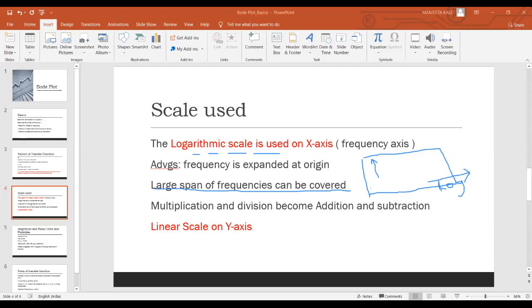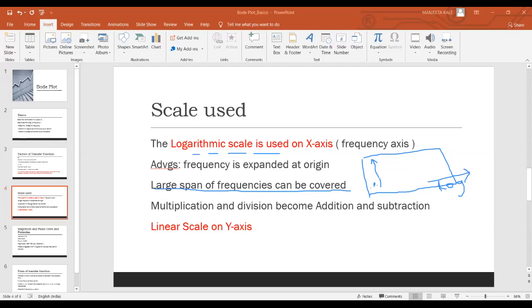So at one point the frequency is say 0.1. Then next we have 0.01. Then we have 1. Then we will have 10. Then we'll have 100, 1000. So in one semi-log paper, you can include all the frequencies from 0.1 to 1000 and beyond. You can consider this starting point as 0.0001 and then go on adding the frequencies, right?